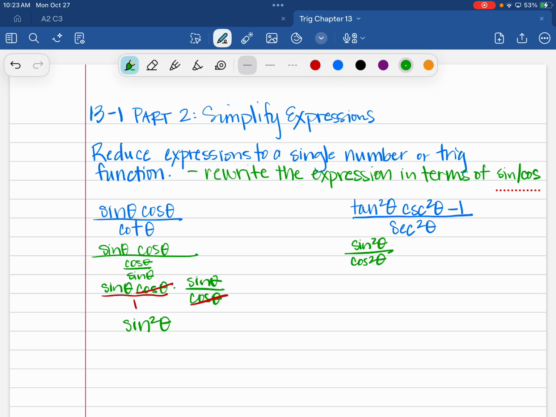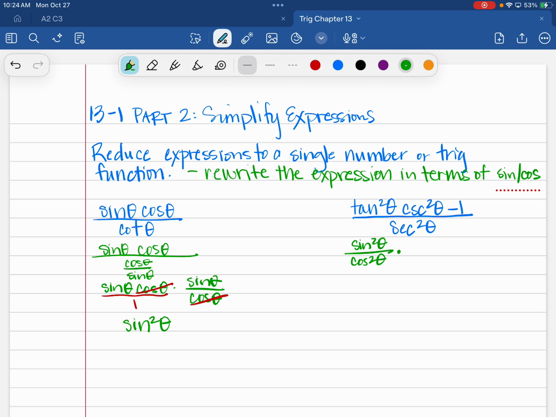And so our powers of trig functions too, because tangent is sine over cosine, tangent squared is sine squared over cosine squared. Or if we had tangent to the fourth, that would be sine to the fourth over cosine to the fourth. Those powers are going to stay with those things. Does that make sense? Okay. So I'd start with the sine squared over cosine squared, and then times